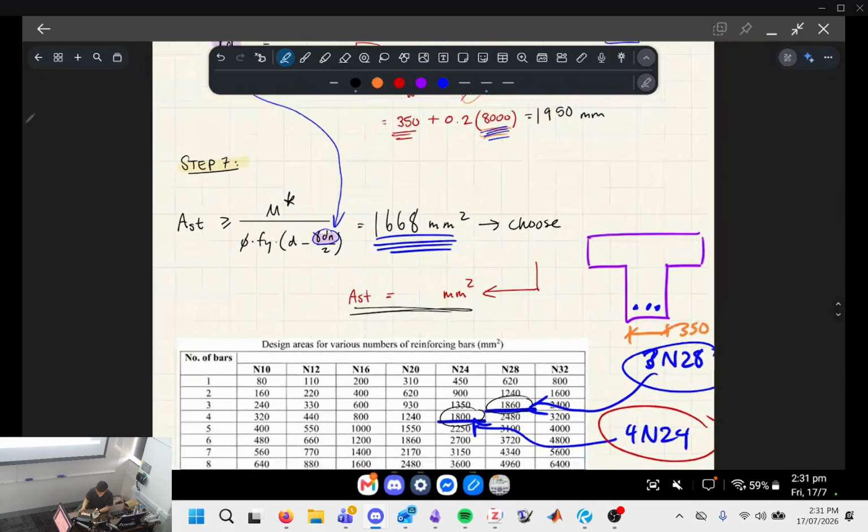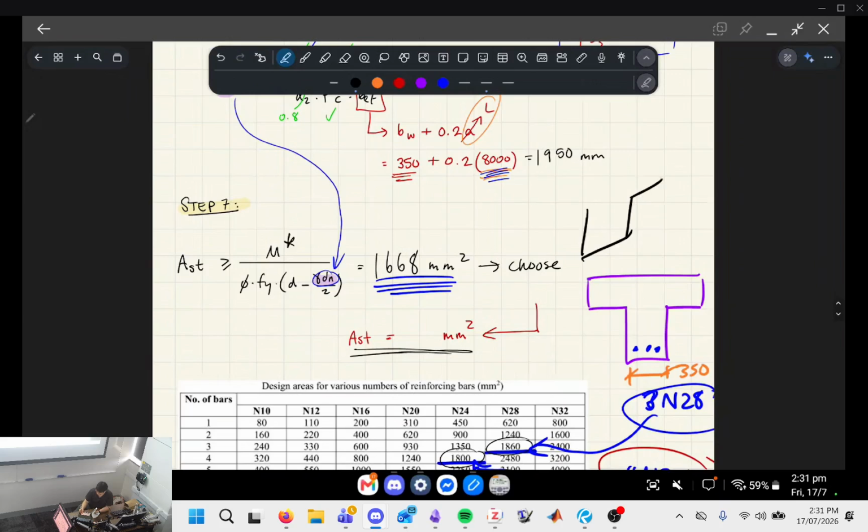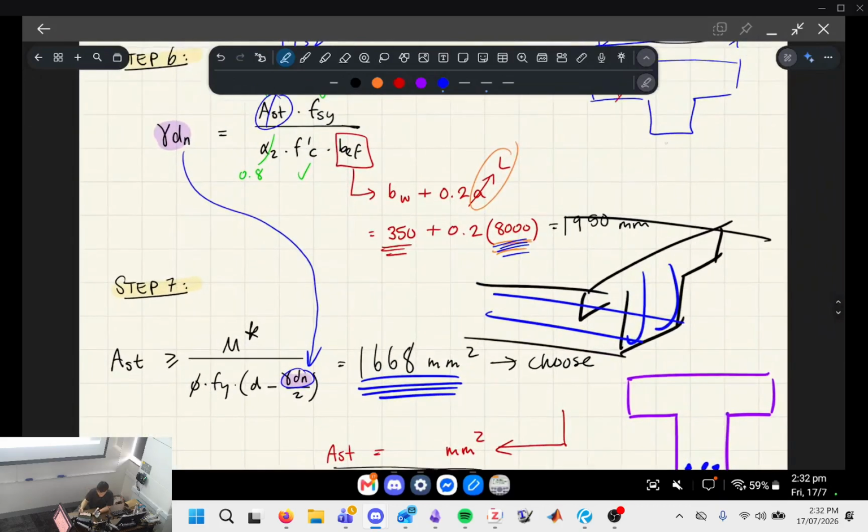So what Andy's referring to is, here I'm going to draw a perspective view. You've got a T-beam, right? These bars are going to be straight bars, you don't really need to bend them. And then the ones at the end with the anchorage are going to be these cogs or whatever. They might already come bent before they get to site. What Andy's referring to is that in a pinch, if you've got a straight bar and you want to turn it into a bent bar because they ordered the wrong one or whatever,